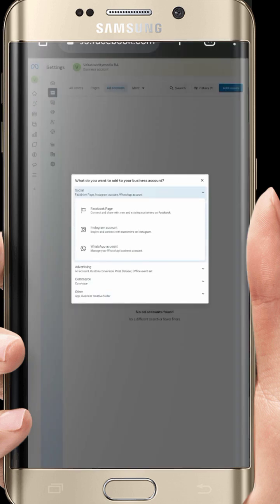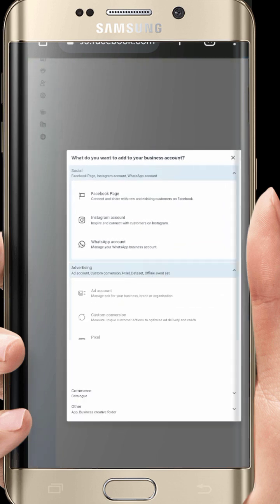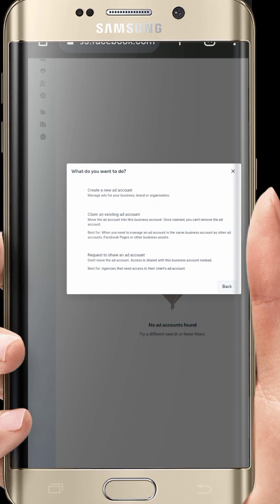Now, when you say ad asset, you say, what do you want to add to your business account? I said that what I want to add is an ad account. So come here, click on add account, the first one here, and you click on it. So when you come here, there are three things you can do. You can either create an ad account, or claim an existing ad account, or you can request to share an